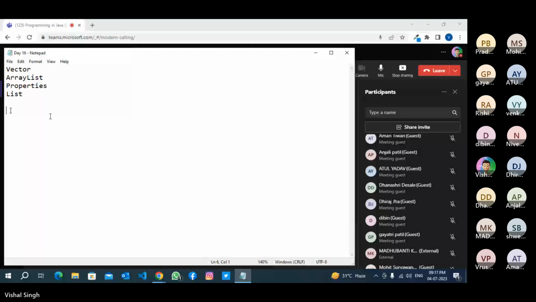Okay, so yesterday we discussed about the vector, and I told you that these four topics, these four predefined classes are very important for everything like core Java data structures, data science, machine learning, and AI, or any kind of application development. We'll be using all these four classes, and all these four classes are in which package? Java.util package. Okay,